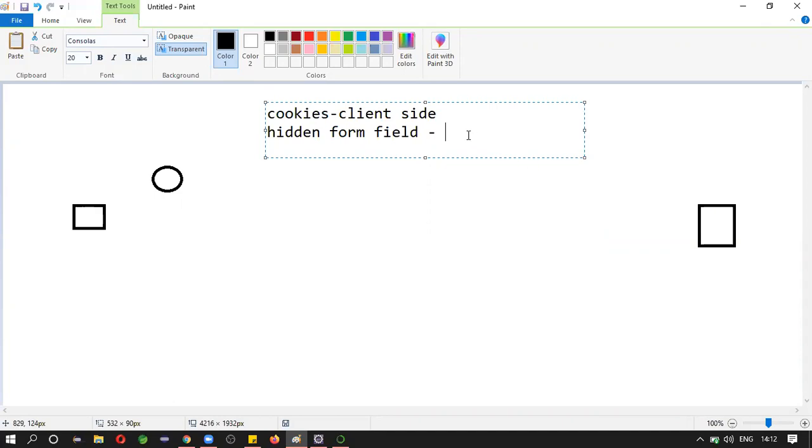Though you maintain the session, you still need to give extra forms, which is not necessary. Hidden forms are not possible to create in each request, right?